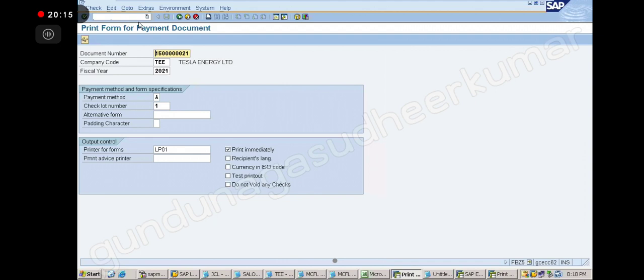Sir, now we are at check number 116. If we want to reprint 114 and 113, how can we get the old check? You have to know the document number also. If you are able to know the document number for that check, you can. Now where can you see all that?